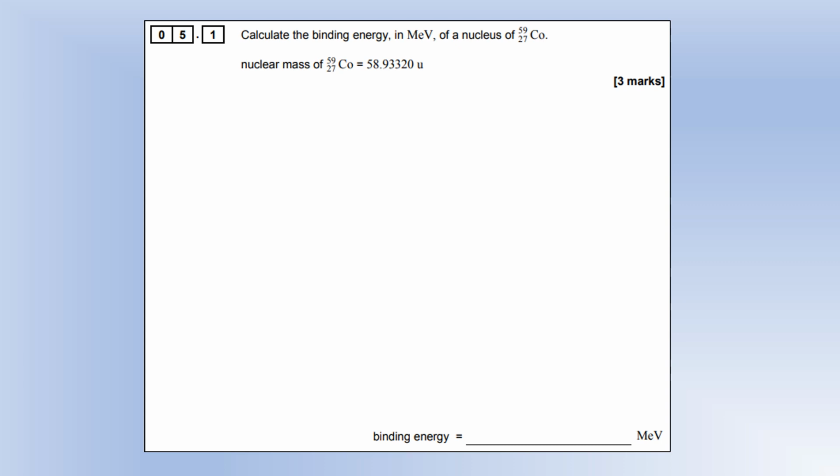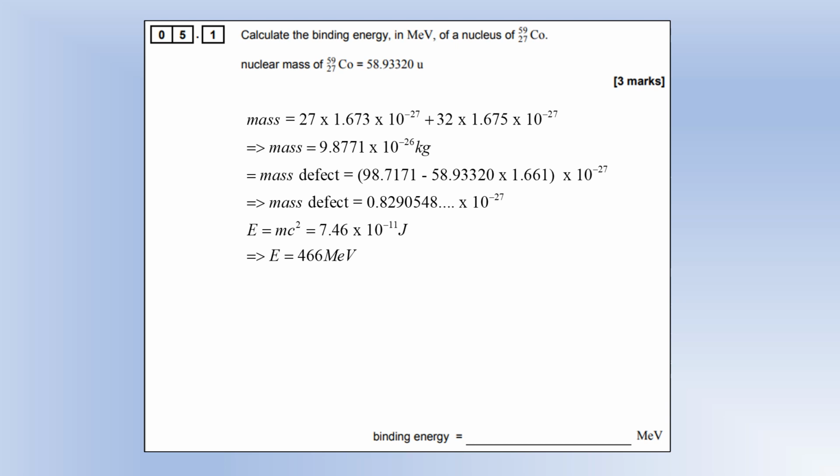Okay, so we're sticking with nuclear physics, but now looking at binding energy. So we want to calculate the binding energy in mega electron volts of a cobalt-59 nucleus. And we're told what the mass of a cobalt-59 nucleus is. So to get the binding energy, we need to first calculate the mass defect. So going to my data booklet, we can get what the mass of a proton and a neutron actually are. So we can calculate what the mass of a cobalt nucleus should be,